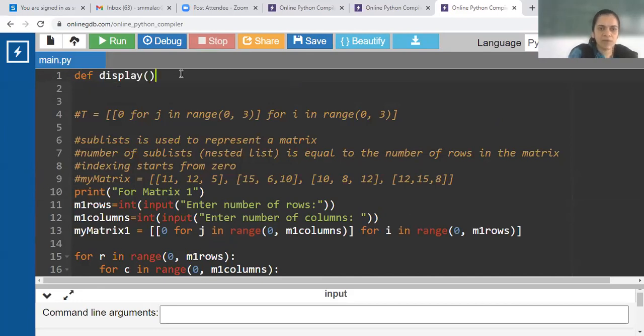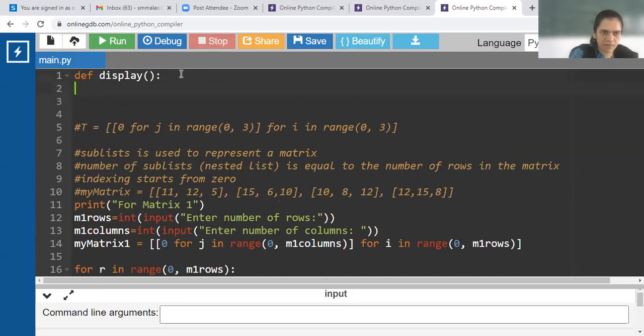What parameters will you pass to the display function? You can pass both the matrices or you can write a more efficient display function which displays one matrix at a time.